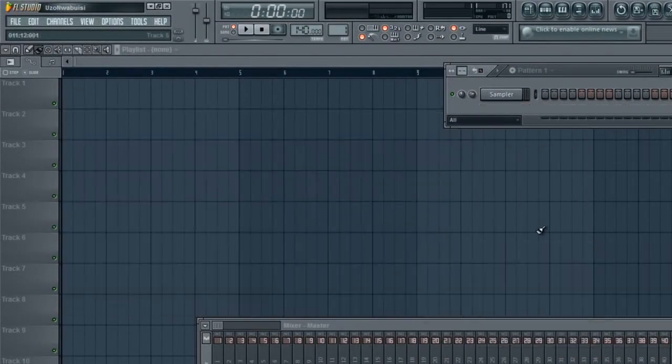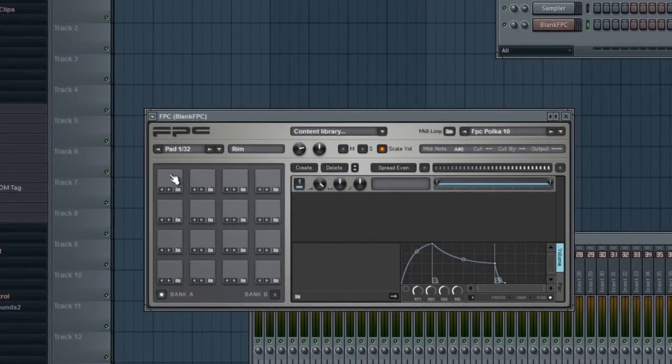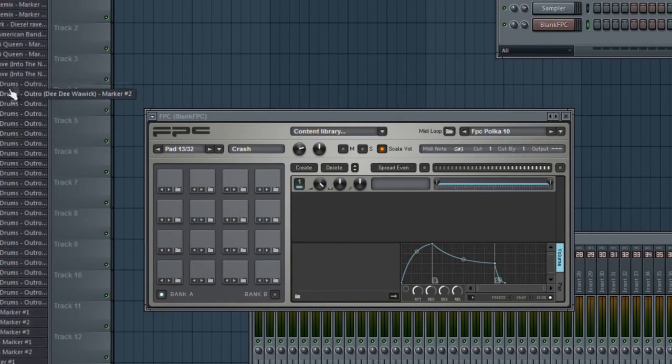Now my second preset that I'm including is the blank FPC, which has all the notes accordingly, the same as a drum, but these actually have the cuts. So if you have something chopped up,